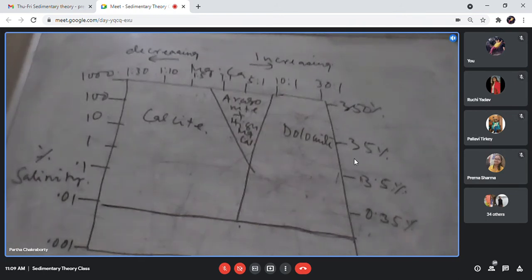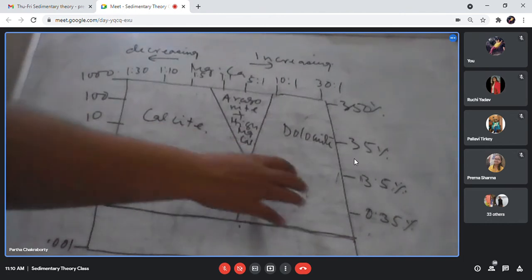You will get this picture in Sampath's book also. Now, what are they actually trying to show by this picture? They are saying that they want to keep the salinity low, and even if they have a Mg to Ca ratio 1:1, that means low salinity, suppose salinity 0.01, 0.1% or 0.003%, then also you can have dolomite,